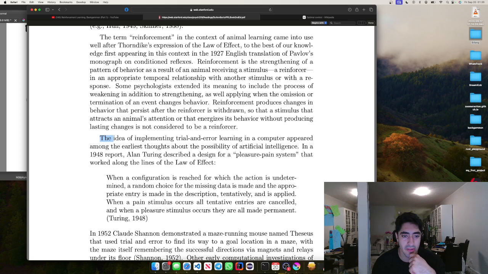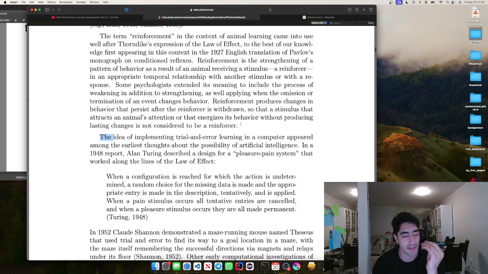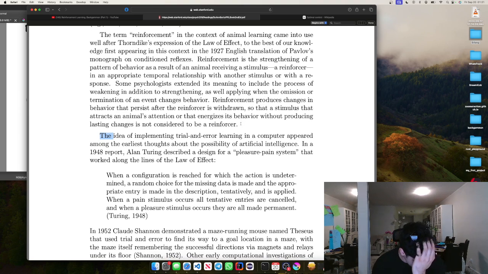The idea of implementing trial and error learning, because everyone knows Pavlov and those dogs and their saliva, appeared among the earliest thoughts about the possibility of artificial intelligence. In a 1948 report, Alan Turing described a design for a pleasure-pain system that worked along the lines of the